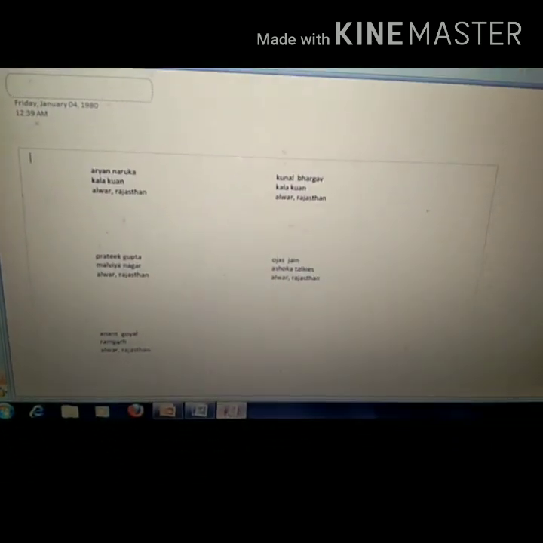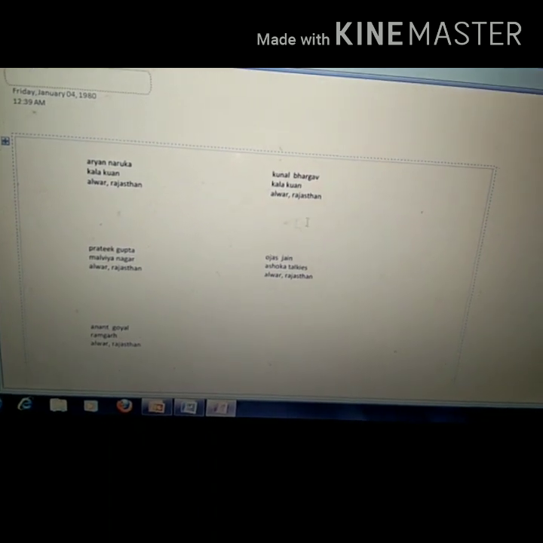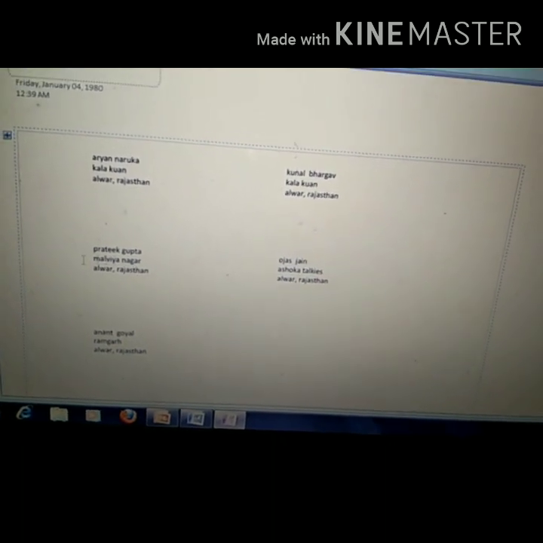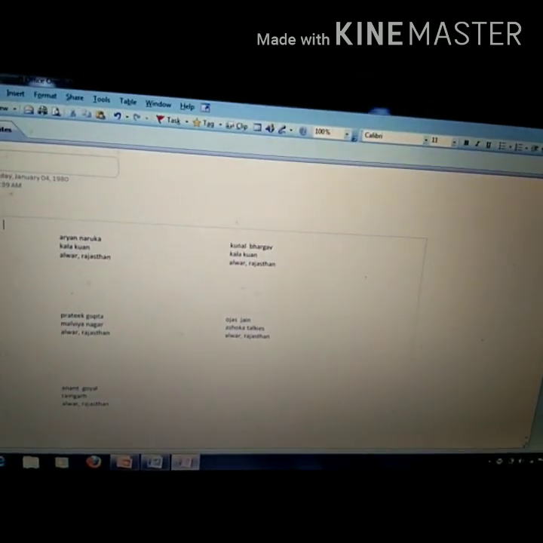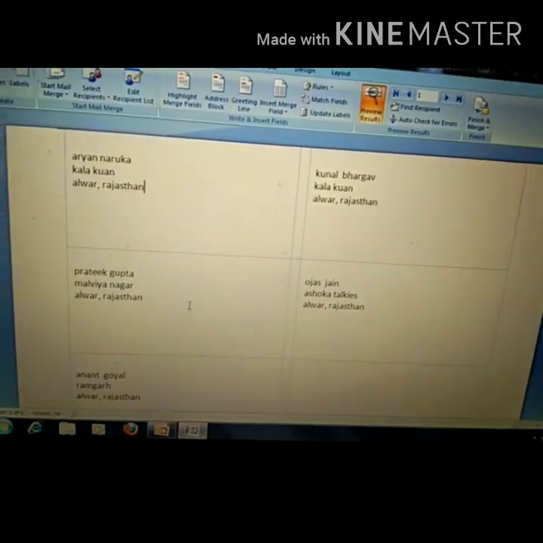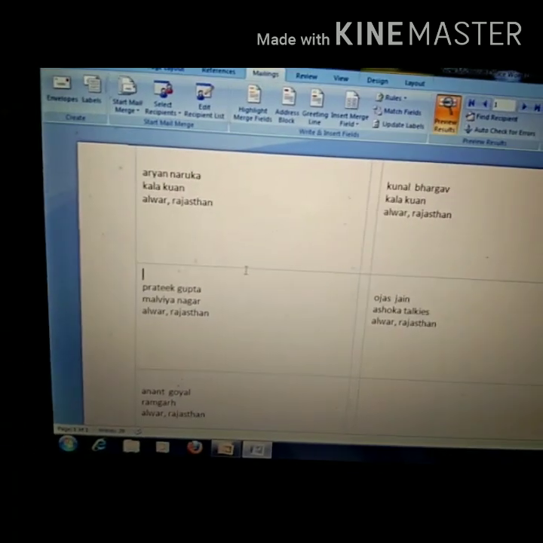ठीक है, जब प्रिंट होता तो ऐसा डिस्प्ले हो जाता. Now you can take the printout, and with this printout you can collect the sticks, and you can take the labels from here. और उसको स्टिक किया, इसको यहाँ से कट किया, वहाँ पे जाके पेस्ट कर दिया. Or if you have that slip, you can take a direct printout, it will be printed on all these slips, and now you can take it from here and print it there. Are you getting my point? That is what a label actually is. Labels are these address slips. You can create your own address label.